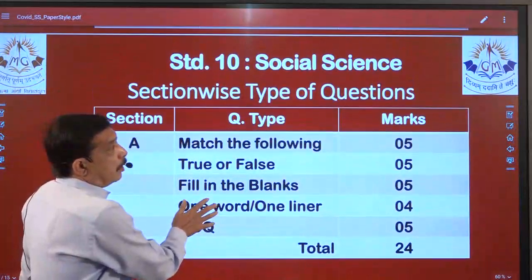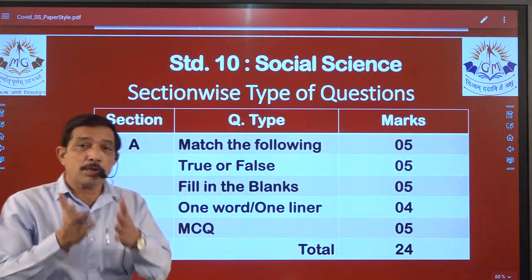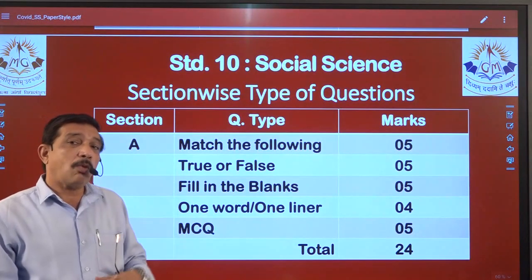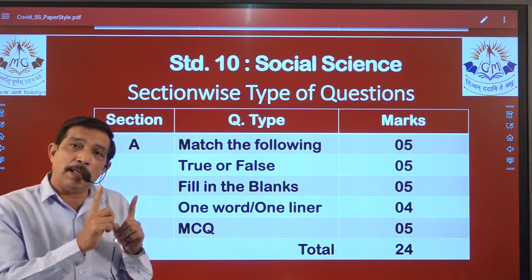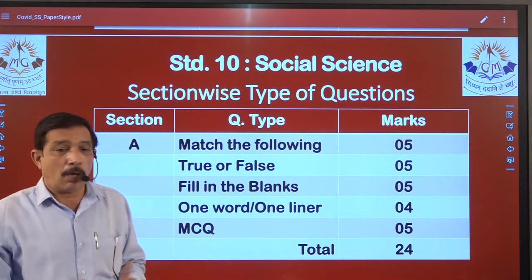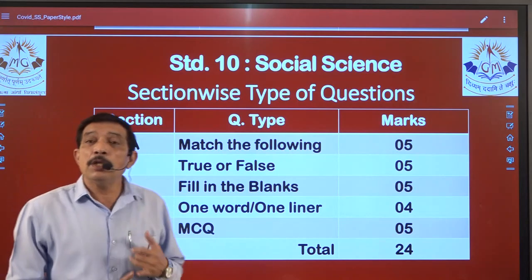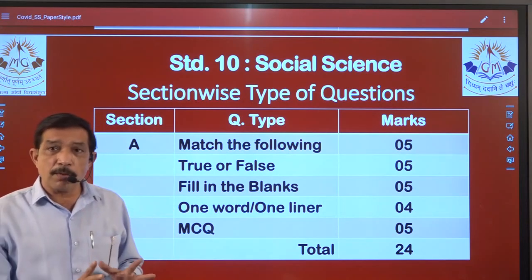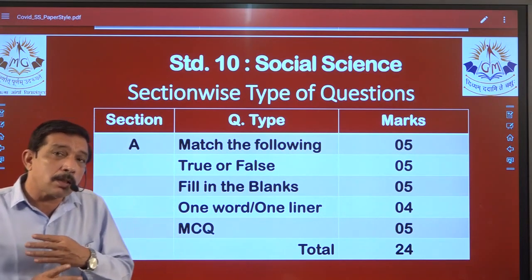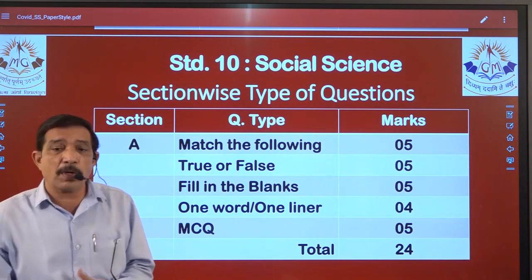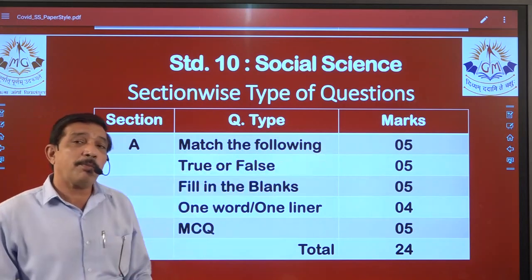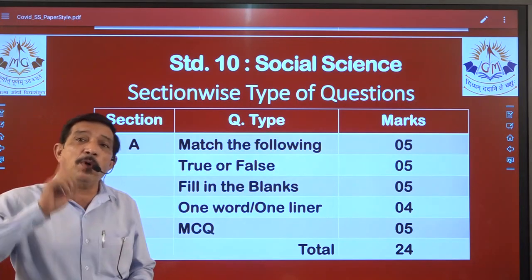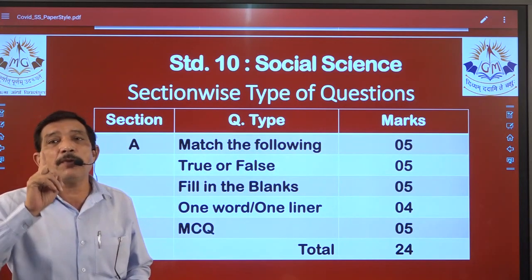Now, start writing in your rough books wherever you are noting down what the different types of questions are that are going to be asked in section A, B, C and D. Now, section A, you have objectives. Complete objectives will be there, but objectives will be asked in different ways and methods. For example, match the following, but these are fixed. That means match the following, there will be 1 question and it will carry 5 marks.